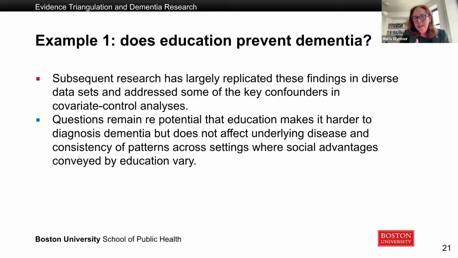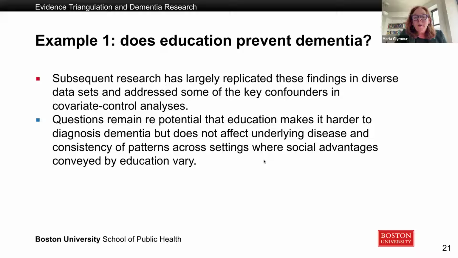That basic result has been replicated in many, many settings across the world and in diverse data sets. And additionally, since we did that work, covariate controlled methods have improved in their capacity. We've got data sets that now have early life IQ, for example. So some of the most important confounders have also come into data sets, so we can control for them. And that result is quite consistent.